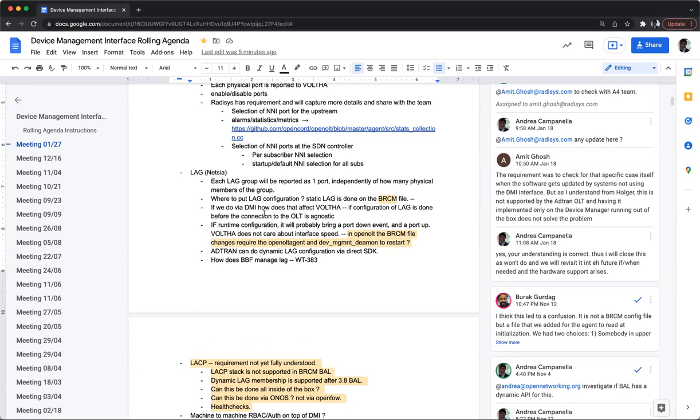So Andrea, just to understand this requirement, right? Is it that you would use a LAG when you want to connect multiple NNI ports of the OLT to the same switch, and you would use multi-NNI when you would want to go to different switches? Actually, that's a good point. It could even be a LAG group that is connected to two different aggregation switches.